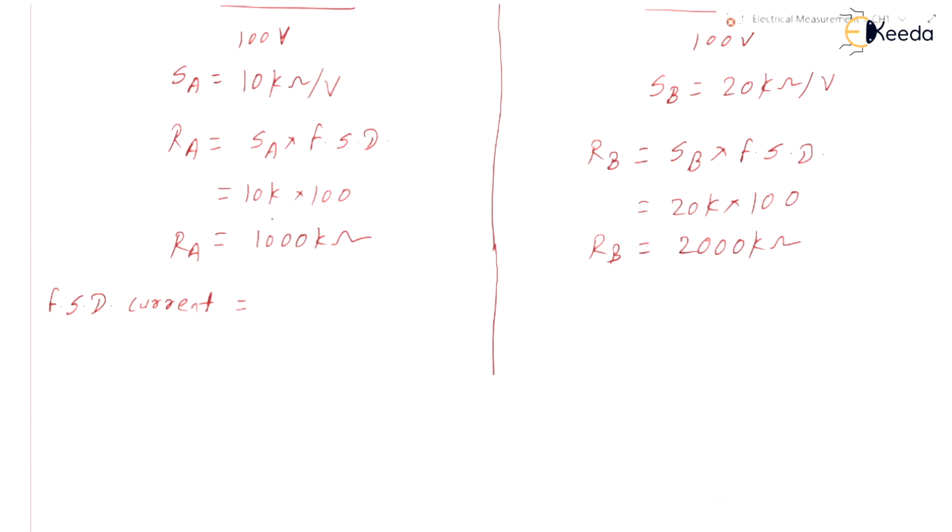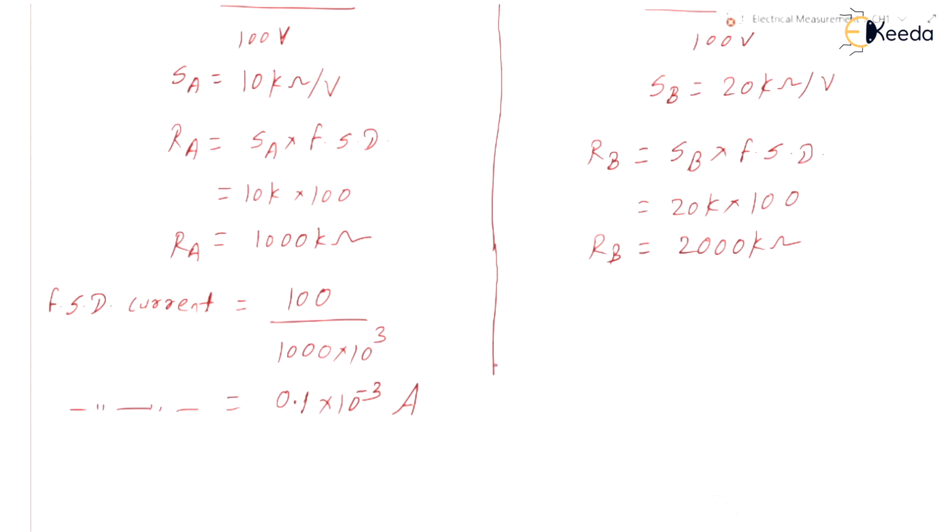Total resistance is 1000K. So we can write full scale deflection current is 100 divided by 1000K, that is 100 by 1000 into 10 to the power 3. So it is 0.1 into 10 to the power minus 3 ampere. This is the full scale deflection current